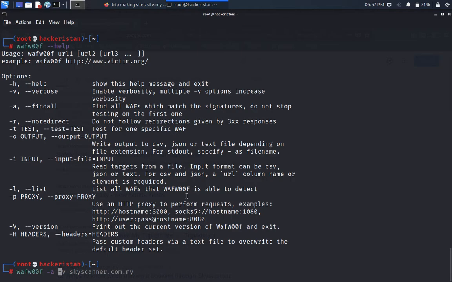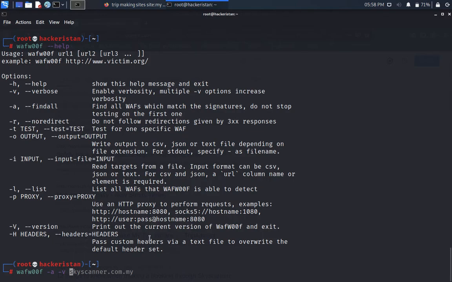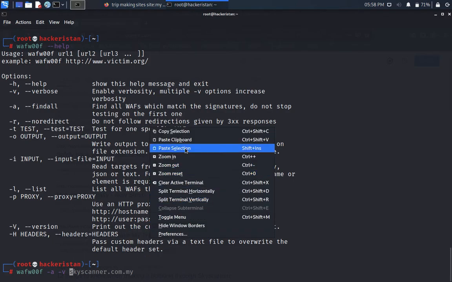Once the testing is over, only then will it stop itself. After that I'll just use dash v for verbose purposes, in case you're interested to see the process happening on the screen, so that will help. And after that I'll simply type the